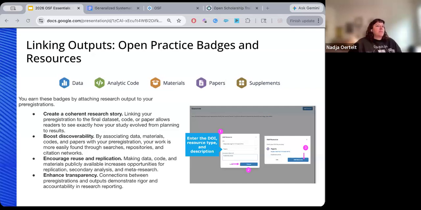If you're submitting to one of them, linking your resources to your OSF registration is how you might demonstrate compliance with that badge requirement. You can also link externally. So if you have a data set, for example, on Figshare, your protocol is elsewhere, you can add the DOI and connect it to your registration. So the OSF doesn't require that you host everything on the OSF. It's just much better if you link it and use the OSF as that connective tissue.